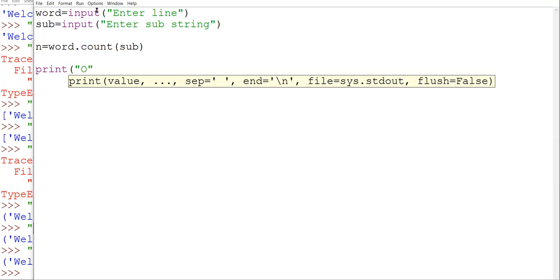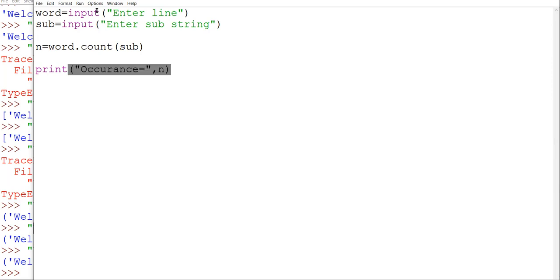Occurrence is equal to, comma, and then the value of your n. That's it.